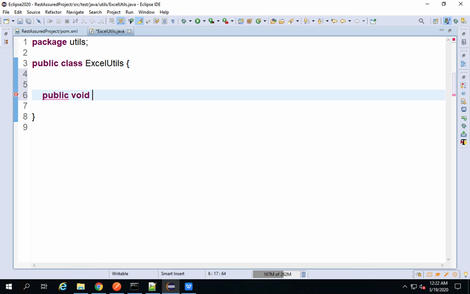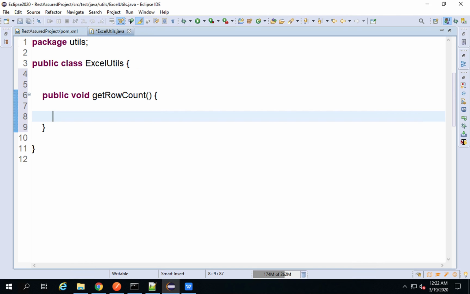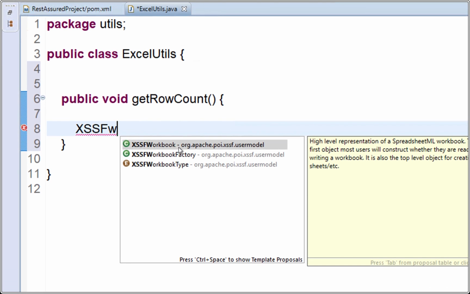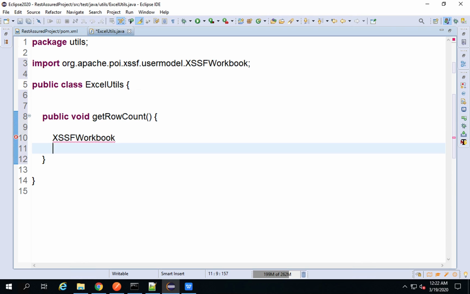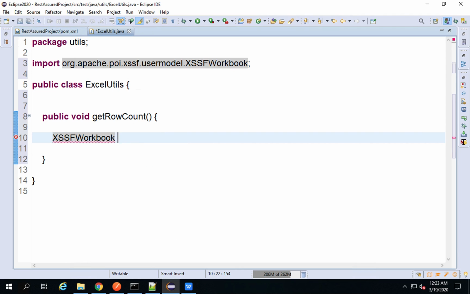I will say public void and say getRowCount, and now in this function, because I am using .xlsx format, the class in Apache POI is XSSFWorkbook. So if you press Control spacebar on your keyboard, you can see I am getting this option from org.apache.poi XSSFWorkbook. I will use this. Just in case you are using XLS format, the class you will use is HSSFWorkbook. So I will show you this later. For now, let me just continue with the latest format, and I can give any variable name and equals to new XSSFWorkbook. So this will get our workbook,